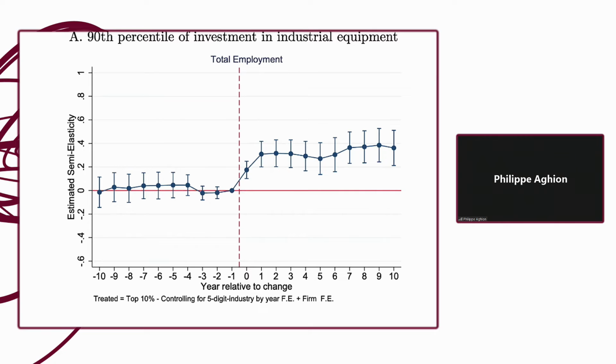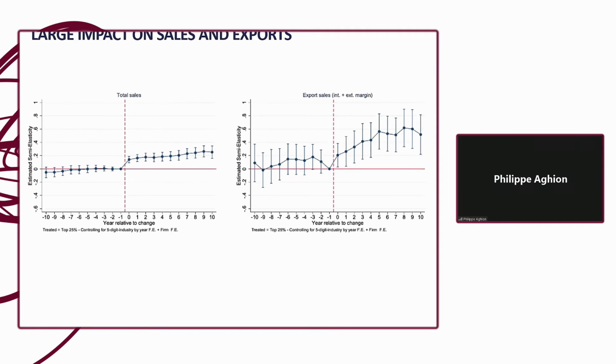Because, you know, robots and other automation devices essentially have the effect of replacing manpower. So how come you create employment? What we explain is that firms that automate become more productive. Because they become more productive, they increase sales, and in particular export sales, as you can see here. That's why they increase the demand for their product, and that's why employment goes up.